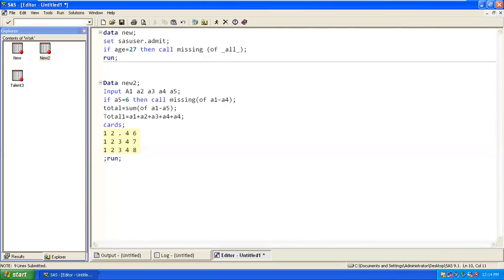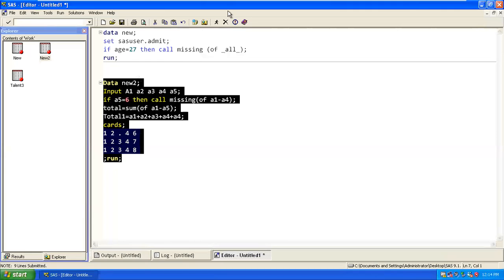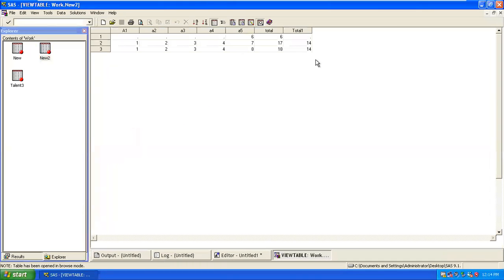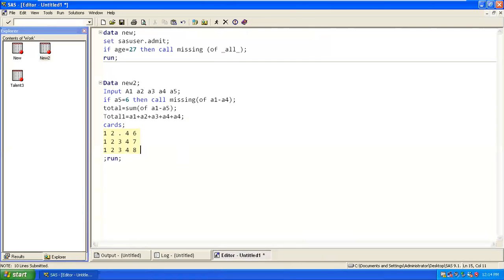But always, if you use it in a different way, where you can say I can replace missing by 0, that's fine, correct? So this 0 option is applicable when you try to do the mean. That will be helpful. Now if you try executing it, we won't get a result for total1, correct? But if you calculate the mean, this will be a problem.